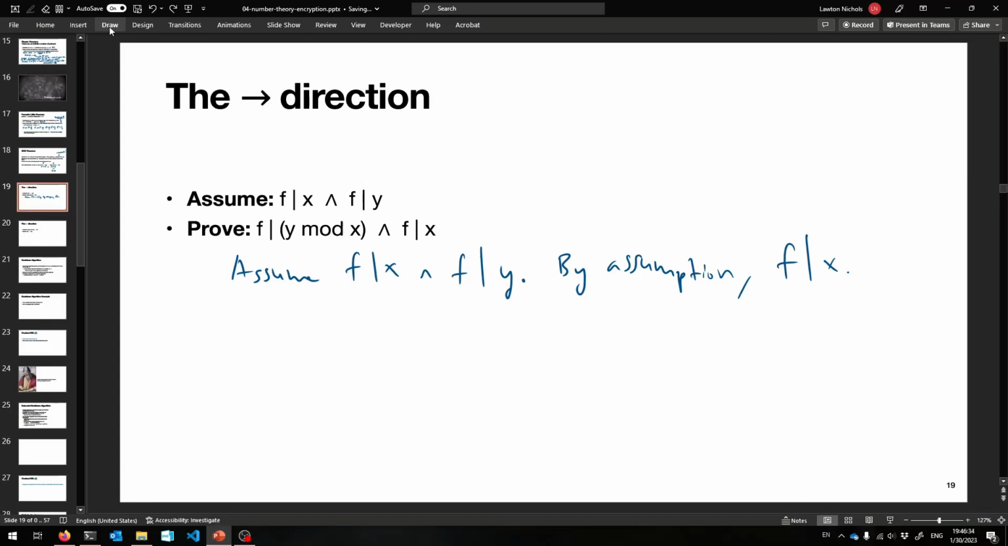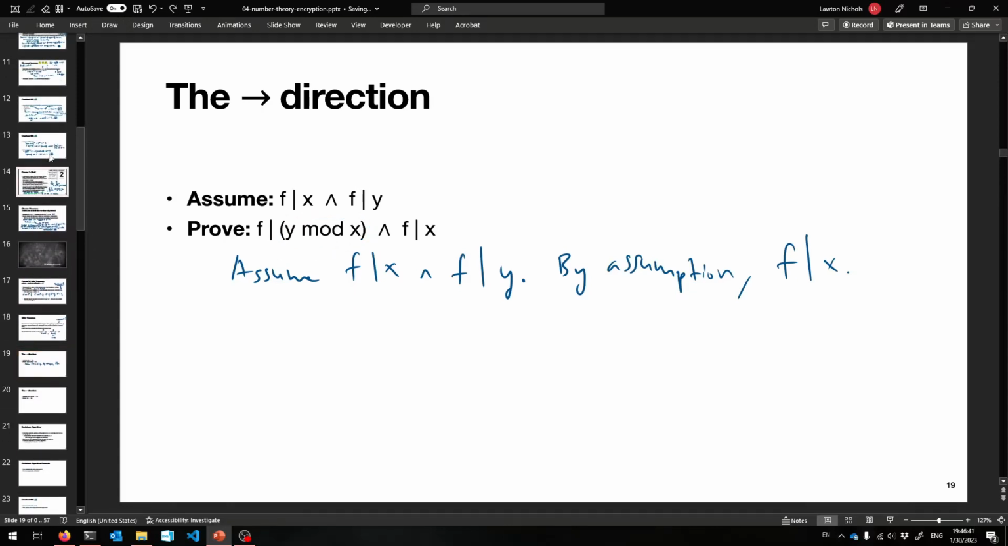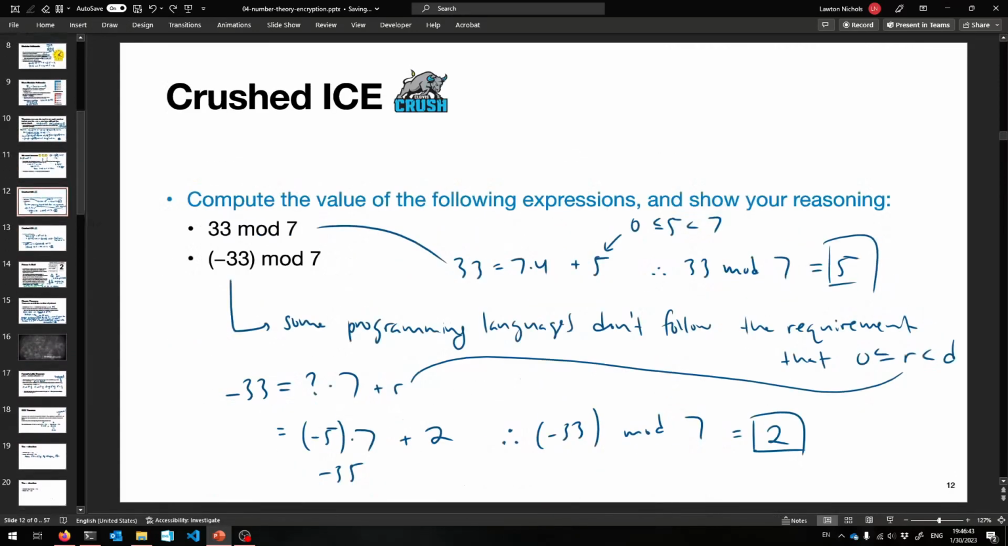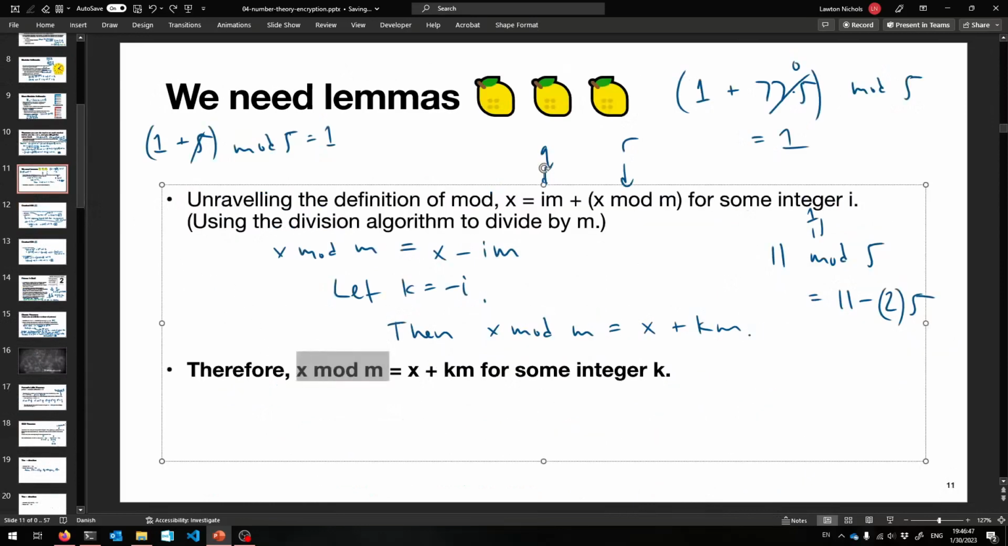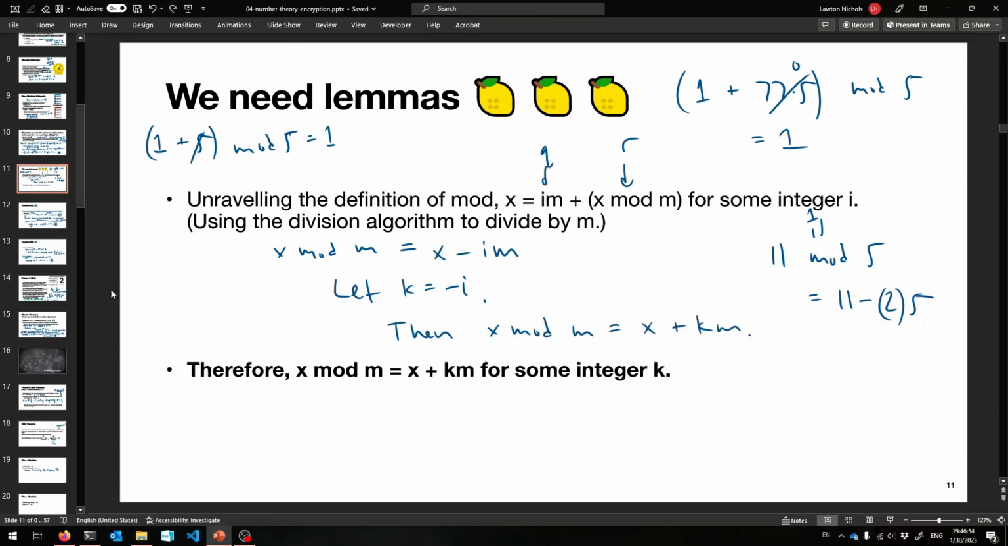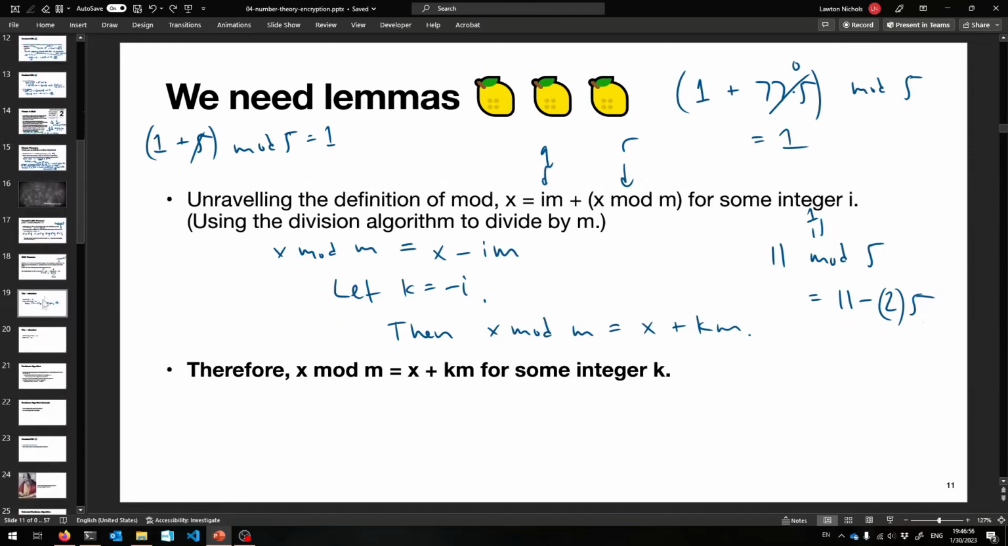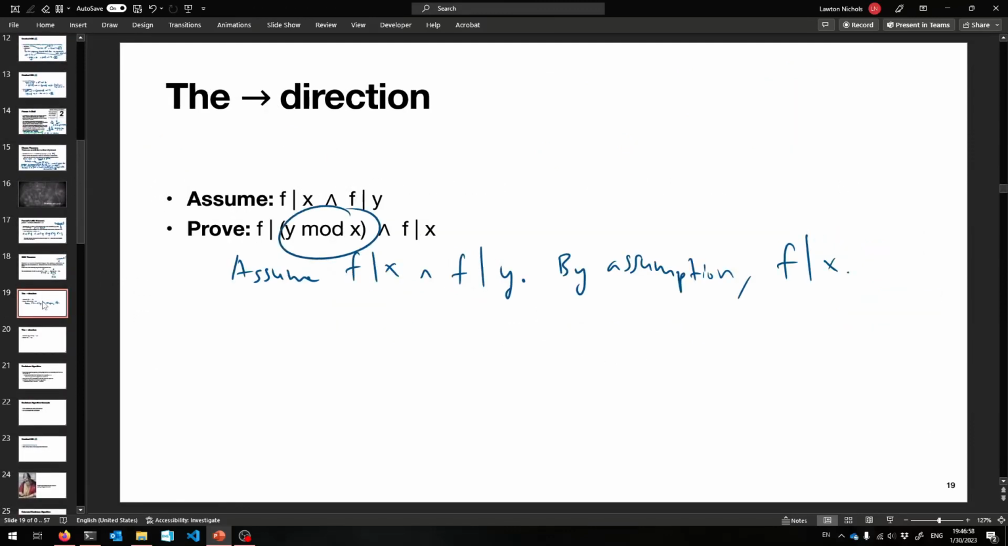All right, so y mod x, if you spell it out, what is y mod x? It is equal to, where's the theorem that we proved? I think it's this one. Anything mod anything else is equal to that thing plus a multiple of the modulus for some integer. Let's use that here. That's going to be helpful again. All right, so if I try to compute whatever y mod x is,